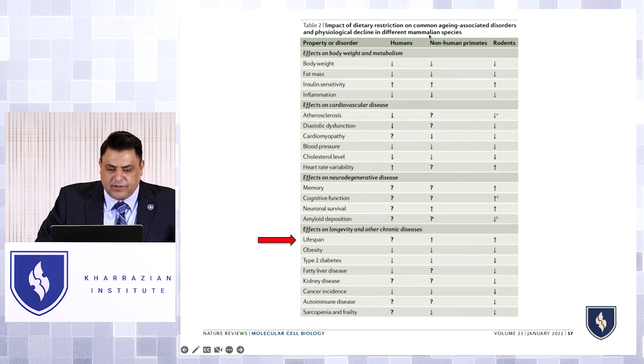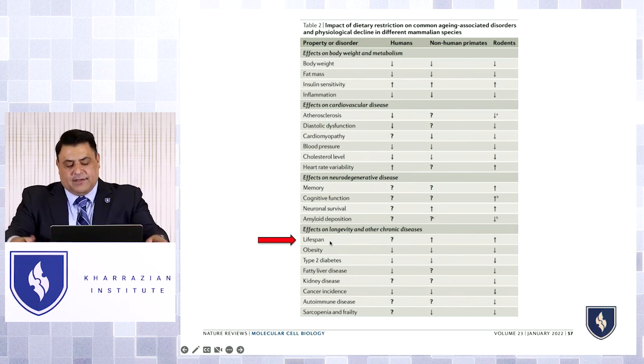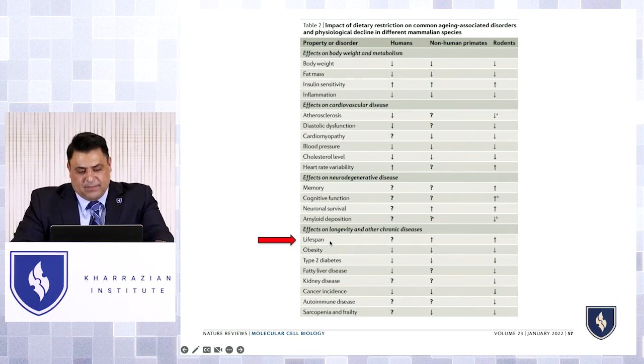dietary restrictions have been shown to impact body weight, body fat, insulin sensitivity, and inflammation, which for sure impact cardiovascular disease, decreased atherosclerosis, and decreased cholesterol levels. So they definitely impact diseases themselves, but there isn't any clear direct link to lifespan overall, meaning there's no foods you eat that increase your lifespan. Lifespan gene expression is going to be from restriction.